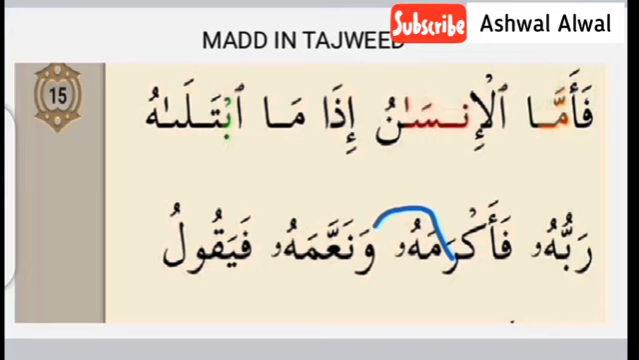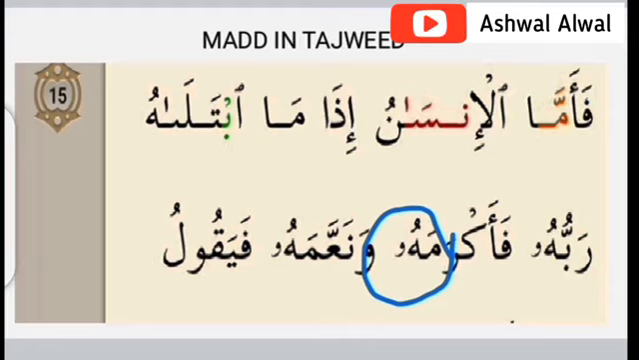And it is the small wow. It is the sidekick of the wow. This is the small wow, so it's a mad. It is elongated for 2 harakats, and that is why when you're reciting that place, it will be فَأَكْرَمَهُ